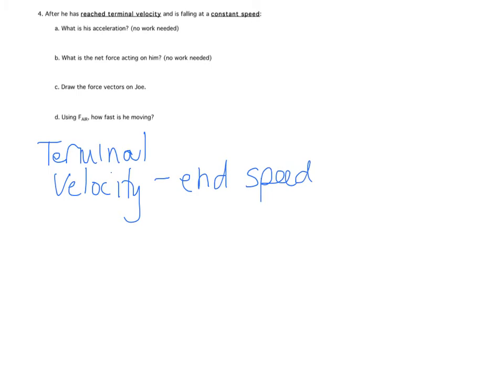It's as fast as you're going to go. And terminal velocity will happen when Joe skydiver's weight, his force due to gravity, is exactly equal to the force due to air. So when his force due to gravity is exactly equal to the force of air and we're balanced,